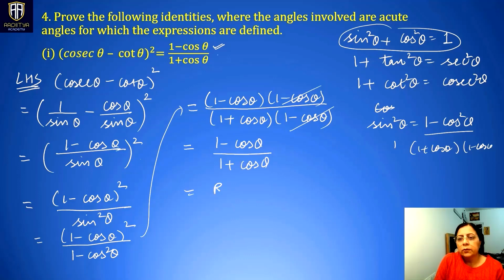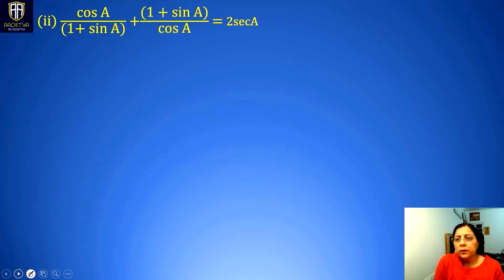Right, this is equal to RHS. Hence we have proved this first identity, right? Next question is,